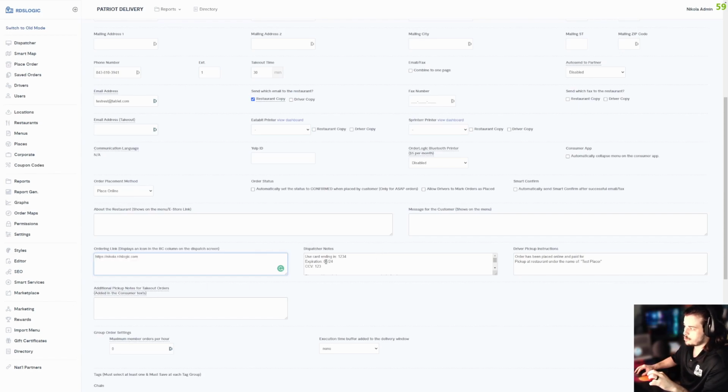Then we have dispatcher notes. These are going to be notes that are going to be displayed to us when we're placing an order, and we can quickly get this information to speed up the placing process. If you don't use virtual cards, in this case, I'm going to show you both scenarios. If you just want to use one business card that you have, you can just put that information here. So whoever is placing the order, they have a card on file so they can easily complete the payment process